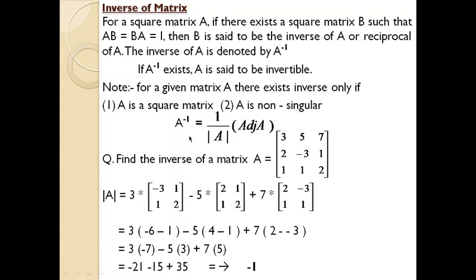So here the equation for finding the inverse of a matrix is 1 divided by the determinant, into the adjoint of A, and we have found the determinant of A, that is -1. Remember this value. Next, the adjoint of A. First you need to find the cofactor of each individual element in the matrix on the basis of the element's position, and take the transpose of that cofactor. So let's find the cofactor of each element.